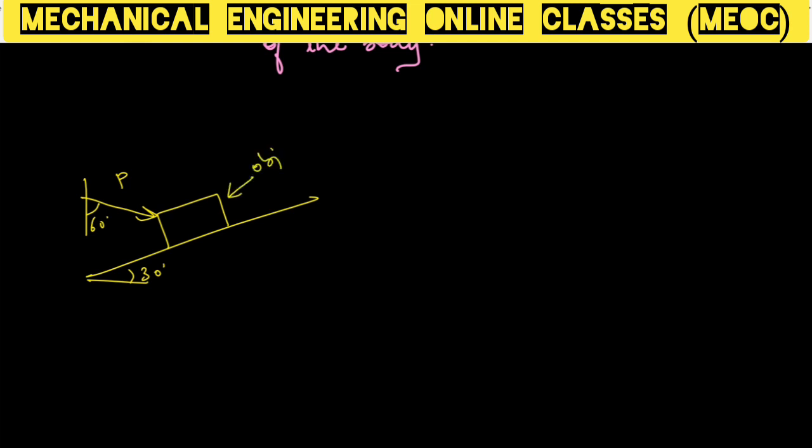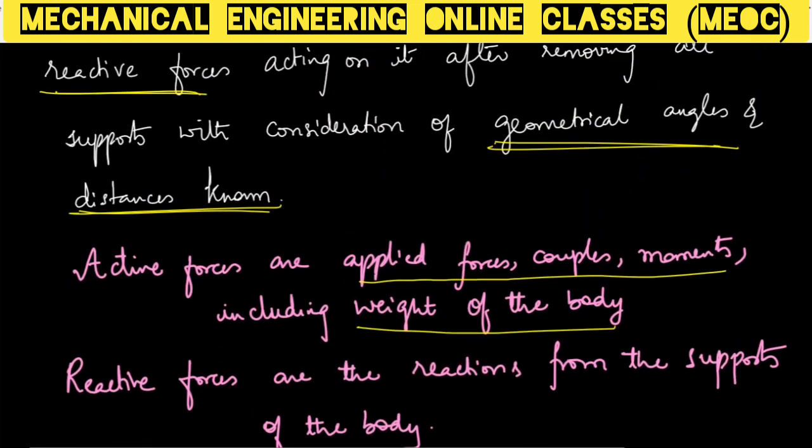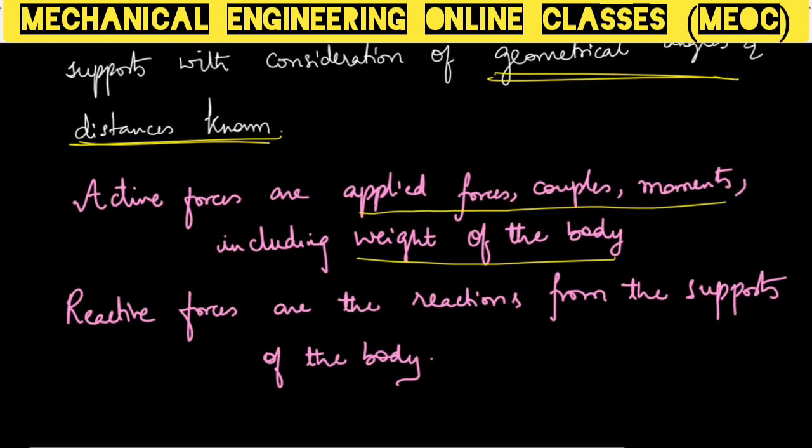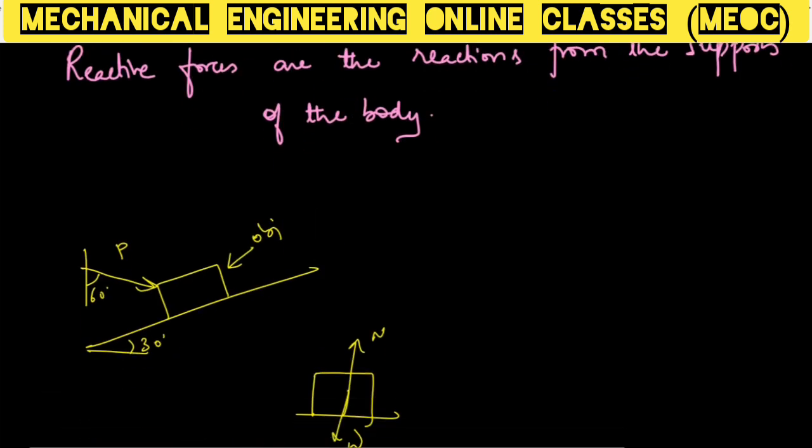don't tilt your object like this and don't simply write the N, W and all other things. The FBD should have all the details as they are. The only thing here is that we are removing all the supports. Our interest is to analyze the object, the force system on the object. We will keep the object as it is. It was inclined here, it will be inclined here also. And we will consider the weight force, it will be always vertically down.